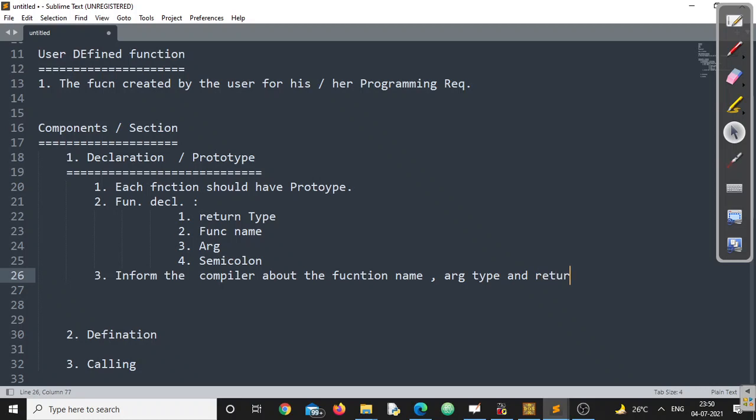This is only to inform the compiler. If you don't inform the compiler, you cannot execute that particular function, or do anything with it. Now let us see each and every section very thoroughly. We'll understand what exactly the return type is, what exactly arguments are, and all four sections of prototyping or declaration. Let us start.